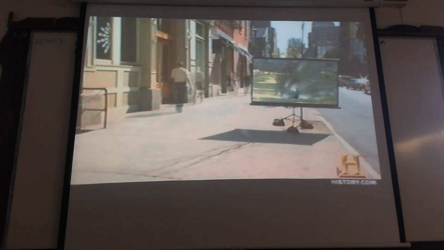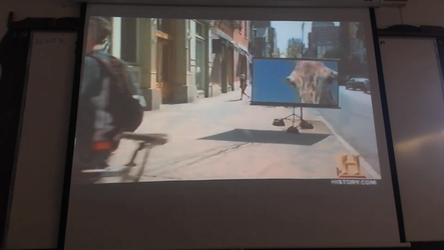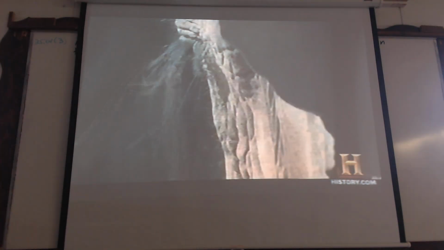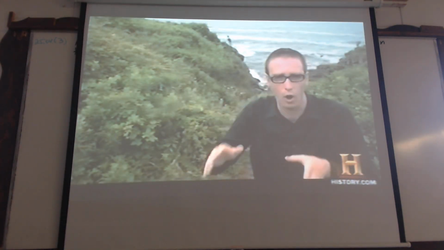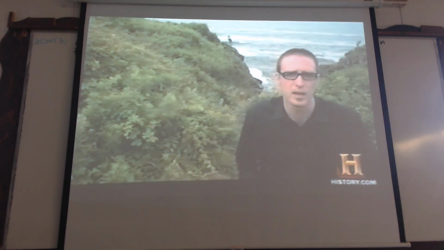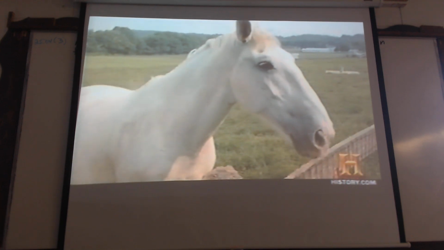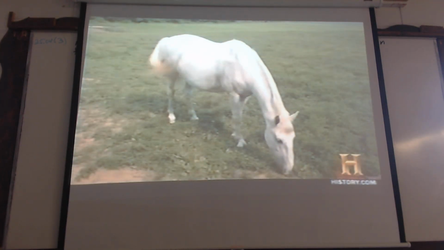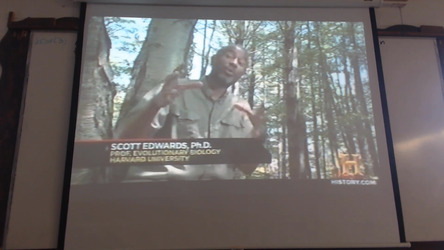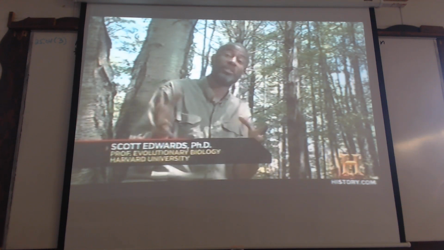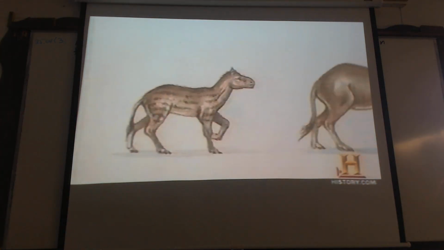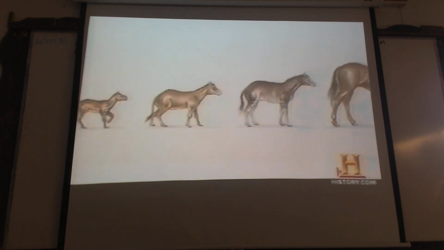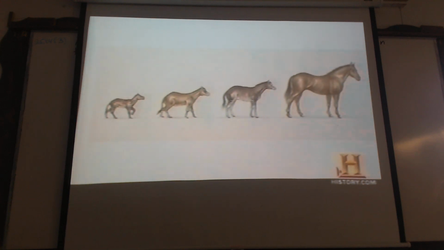A lot of groups, when you look at the sequence of fossils over time, you see that within a species, animals are getting progressively bigger. It's not true for all groups, but it's true for quite a few of them. For example, horses in North America have a beautiful fossil record documenting ever-increasing body size over tens of millions of years. In an evolutionary sense, there's always selection for larger size.